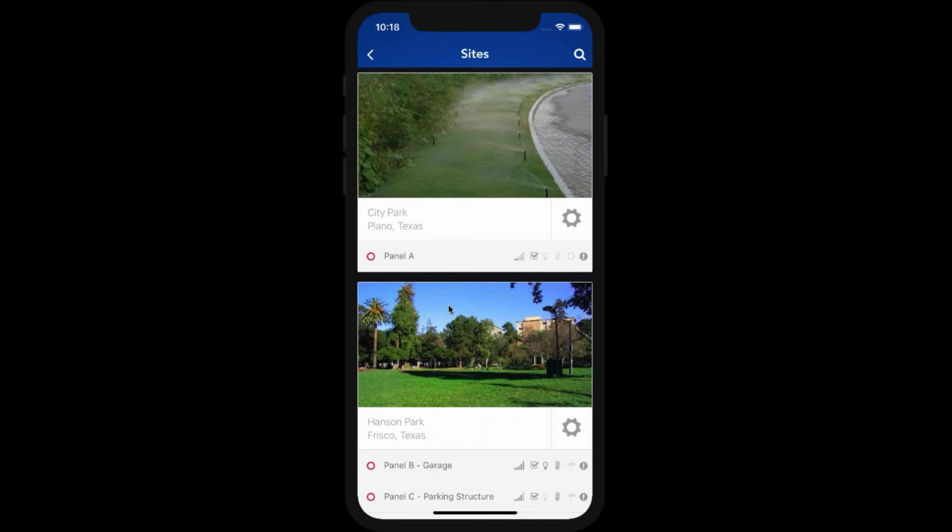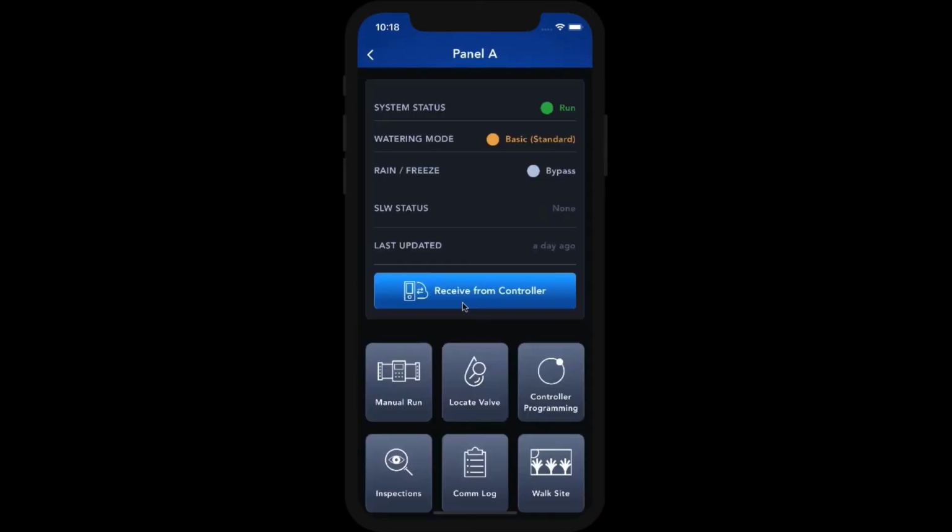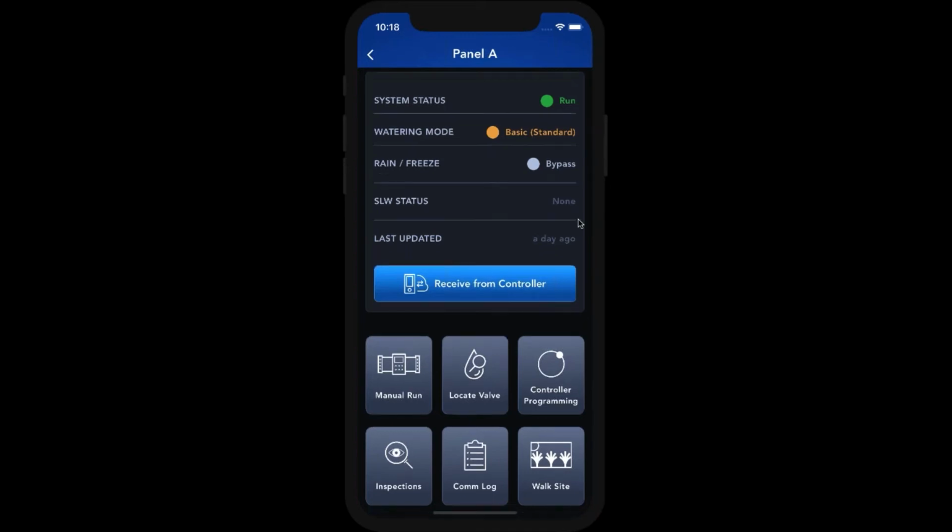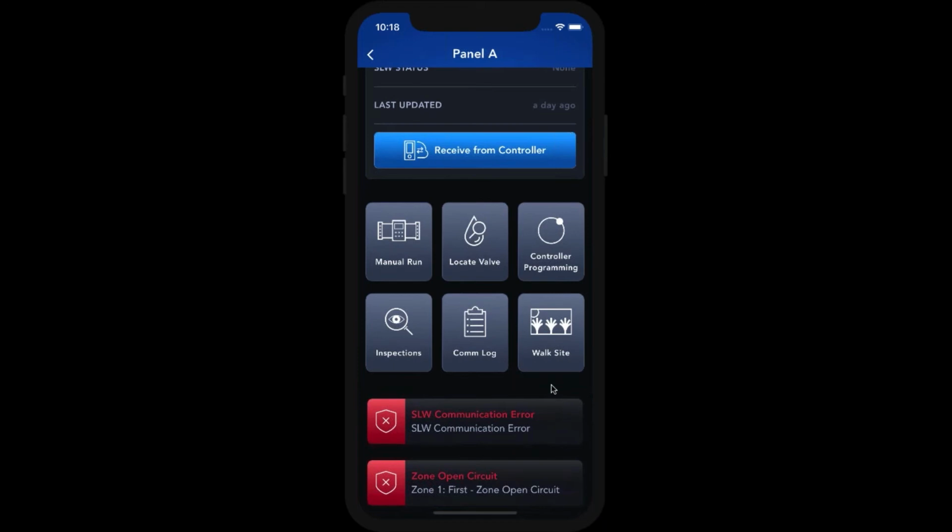So I'm going to go back to our site list here, and obviously we have our controller at City Park. We have panel A, so I'm going to go ahead and click into that. And this is kind of your home base for an individual controller. So we'll have sort of the basic status information available at the top. We have a button here where we can do a fresh receive, as well as we can scroll down and